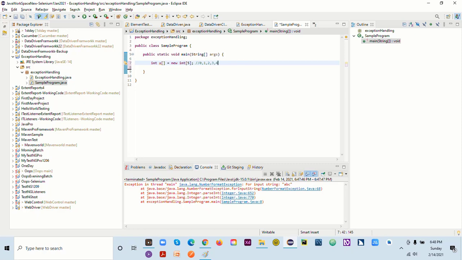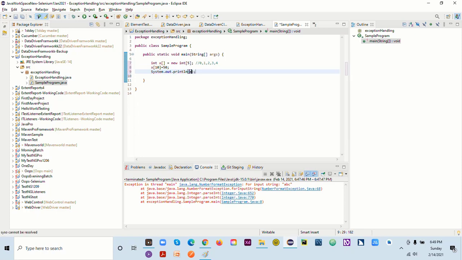Okay, this is 5 for me, it will run up to 4. It starts from 0, and if I say index 10, which is not there, we know that, but we are trying to fetch the value at the 10th index. Okay, let's try to print this now.